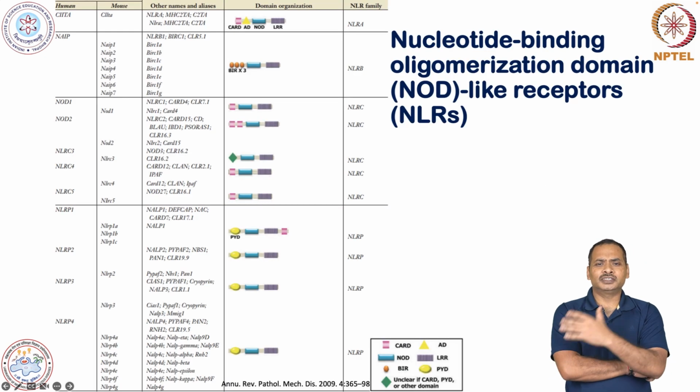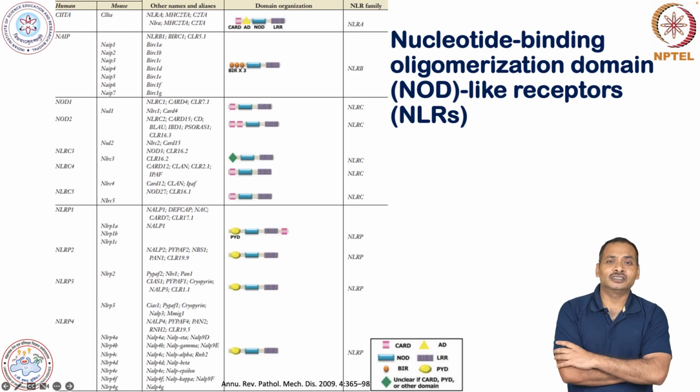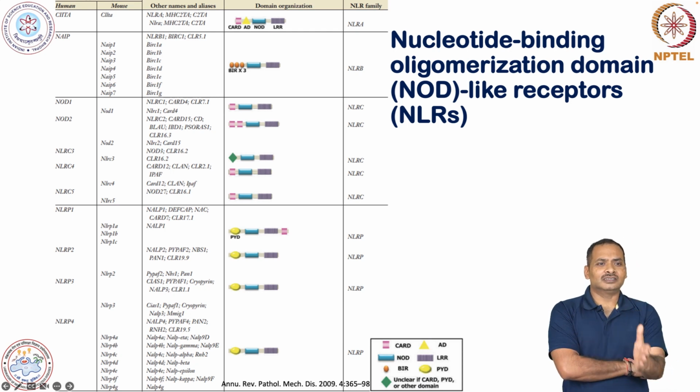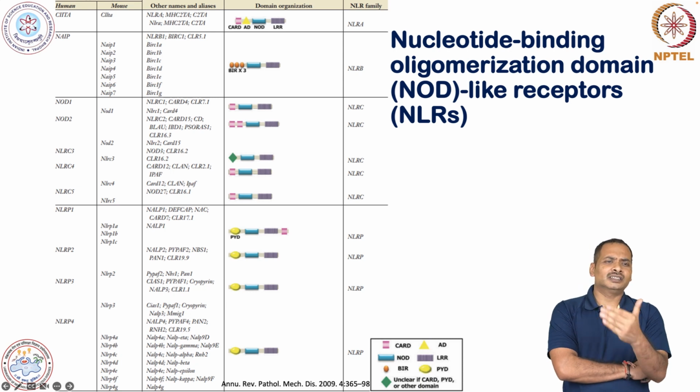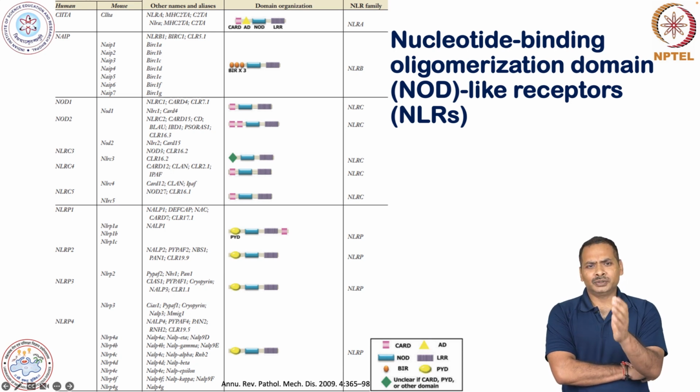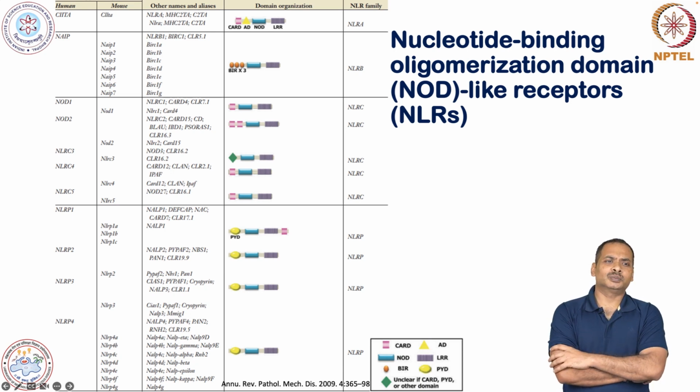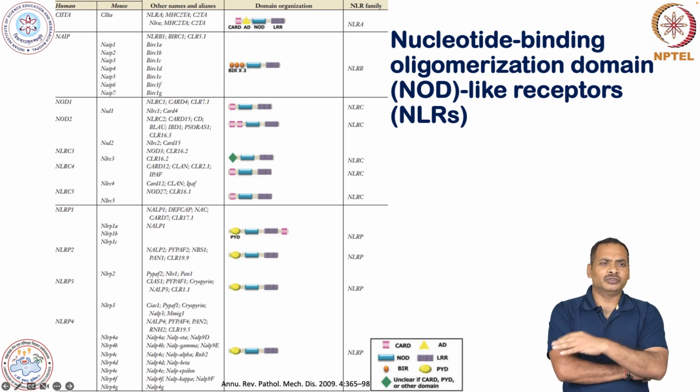If you see this slide, here you can see that in human there are various nod-like receptor members, and in mouse their homologs are there, and their subtypes are also there. And you can see the domains in these proteins. So I will begin with